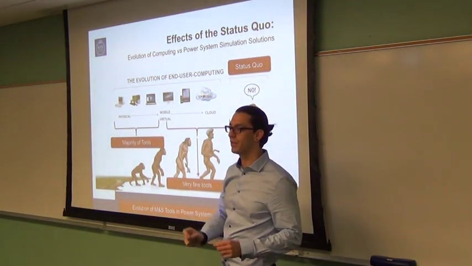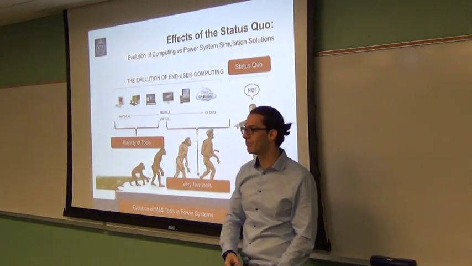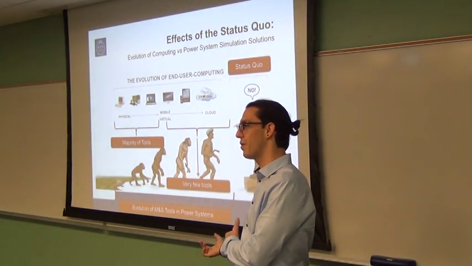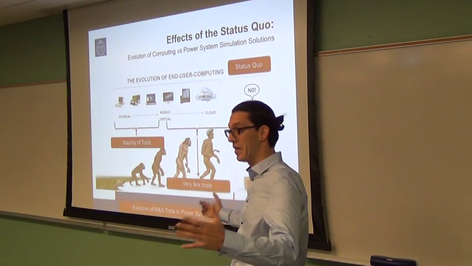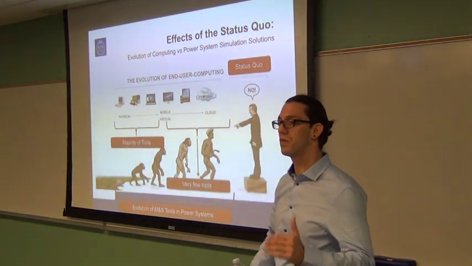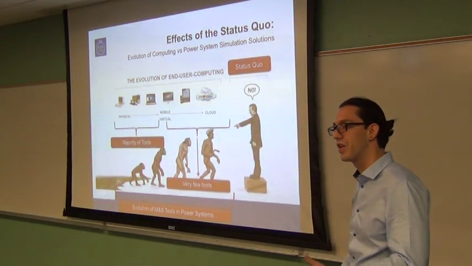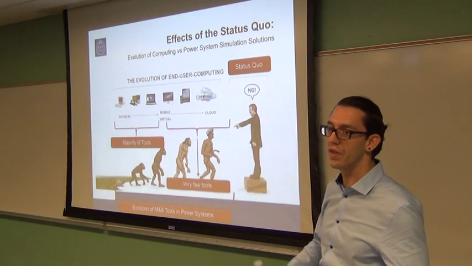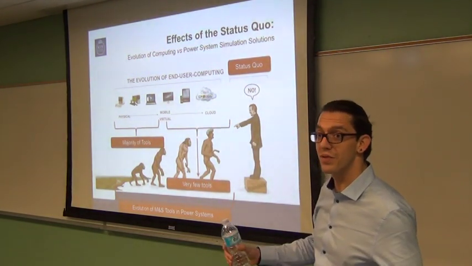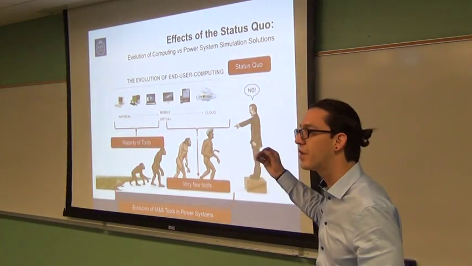Unless you have a special deal with the vendor, you can't go into a cloud. I mean, if you look at how people are doing things in other fields, they're exploiting cloud computing everywhere. We can't do that. There's not a single power system simulation software that you can run in a high-performance computer or in a cluster. So all the people working with biology and molecular analysis and so on, they can use that. In physics, they use it. But we can't. Why? Because our tools are limiting us.